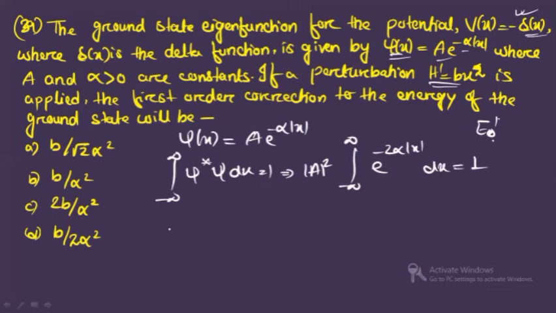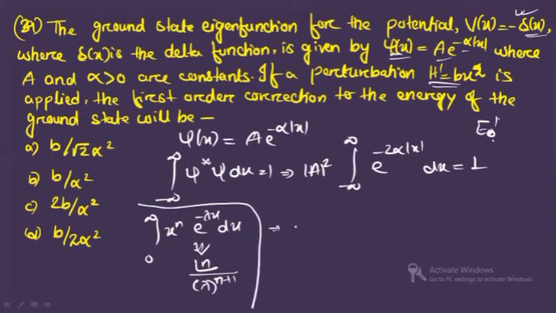Now you see, you have a formula that integration 0 to infinity x to the power n e to the power minus lambda x dx, this integration is equal to what? It is equal to factorial n divided by lambda to the power n plus 1, right? Now in our case, if you see, mod of A square, integration limit is minus infinity to plus infinity. So when you make the limit 0 to infinity, you have to just multiply by 2, all right? Because it is like minus infinity to 0, then it is 0 to infinity. So this is the reason twice has to come.